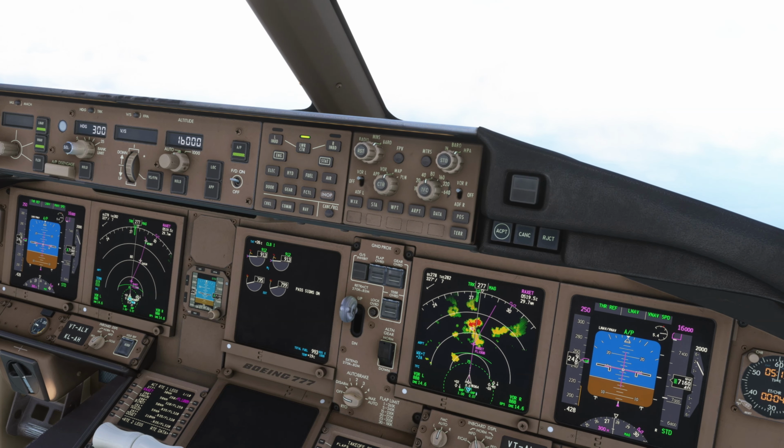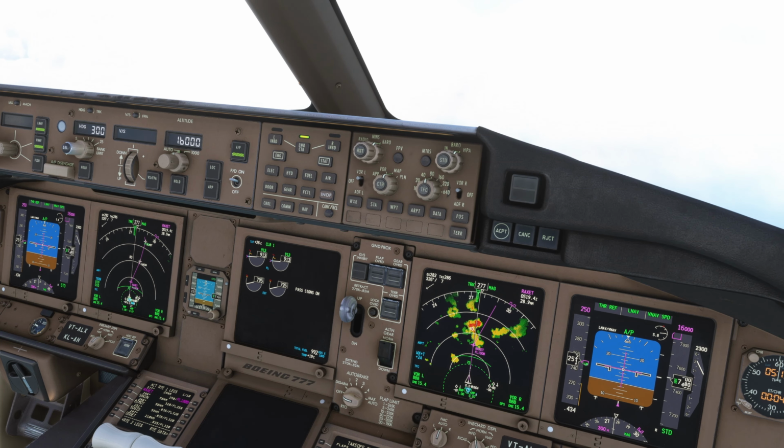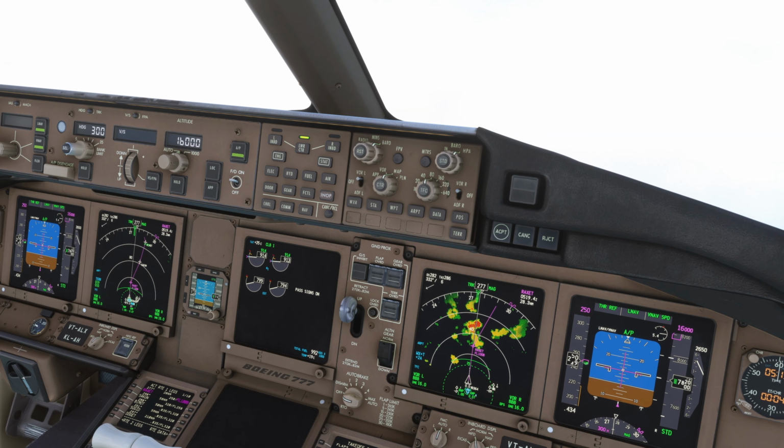Air India 1 Heavy, request not understood. Mumbai departure, Air India 1 Heavy, request heading 300. Air India 1 Heavy, request not understood. Okay, request not understood, so I don't think I'll be able to